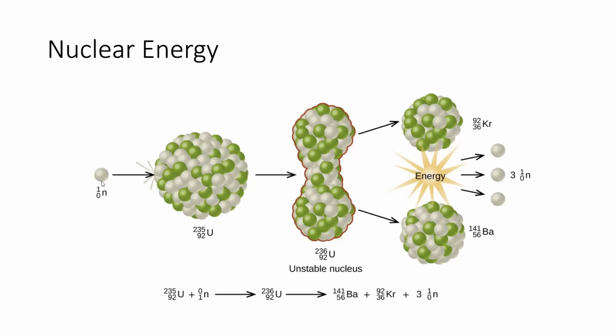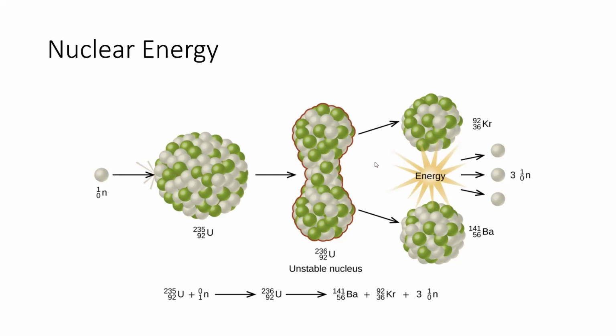We're just going to take a neutron and combine those. So instead of uranium-235, now we've got uranium-236. We haven't changed the element, it's still uranium because we haven't changed the number of protons, but we've changed it into a different isotope because we've added one mass unit to it. And that's going to make this atom unstable.